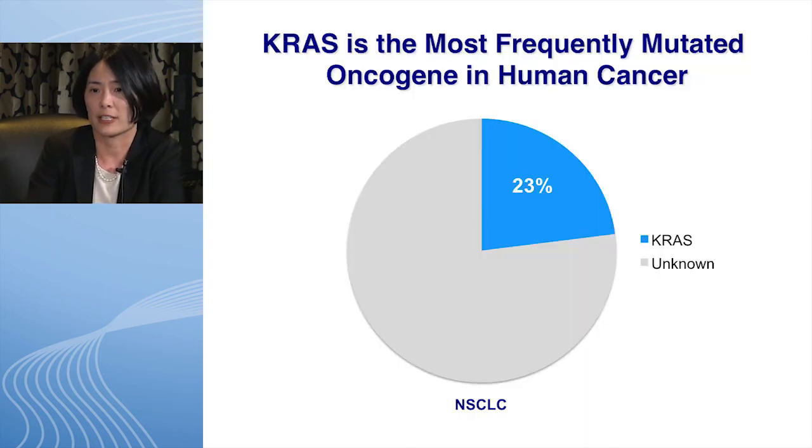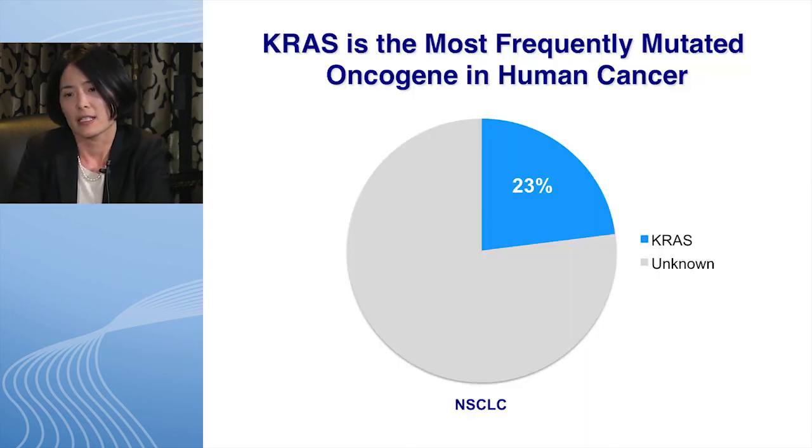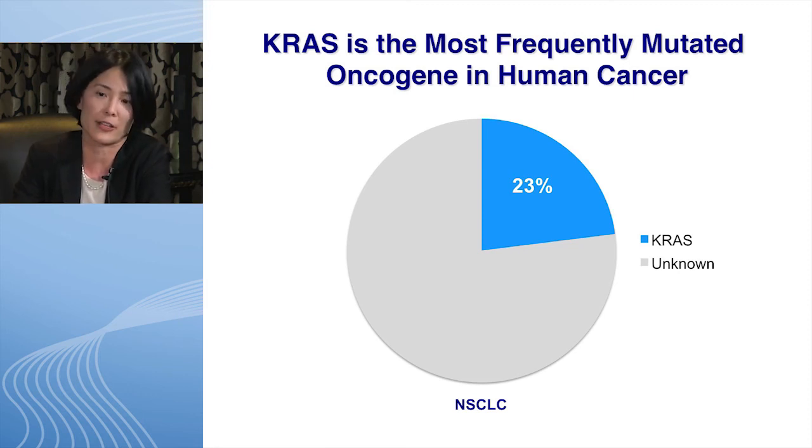So finally, I'm going to end on KRAS, and KRAS is the most common mutated oncogene in human cancer, and in lung adenocarcinoma as well. Mutant KRAS is the most common oncogene, but unfortunately KRAS has proven to be very refractory to targeting over the years. Shown here is just, again, the pie chart highlighting that we find KRAS mutations in close to 1/4 of